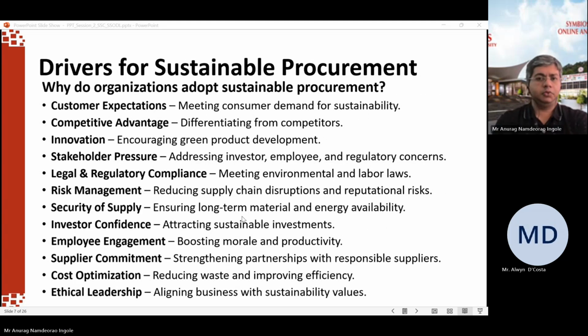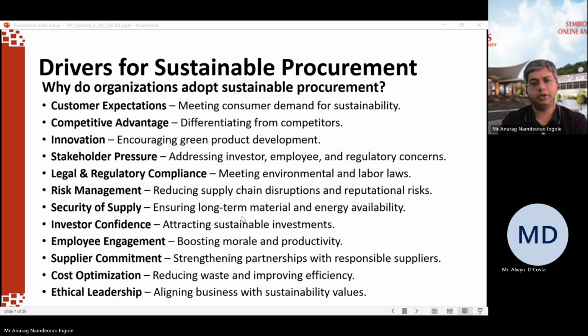Then, okay, what are the principles we have discussed? What are the different topics or subjects under it we have discussed? But what are the drivers of sustainable procurement? Why do organizations adopt sustainable procurement? Customer expectations, meeting consumer demands for sustainability. As we see, the demand for sustainable products is increasing day by day. Customers themselves want to be associated with brands who are more sustainable, who care about the nature, who care